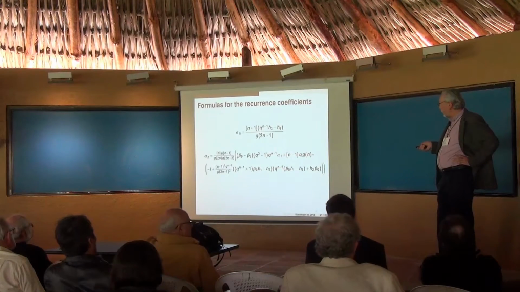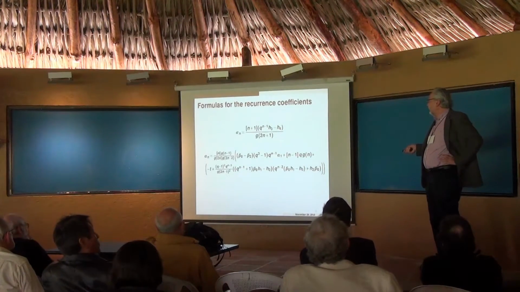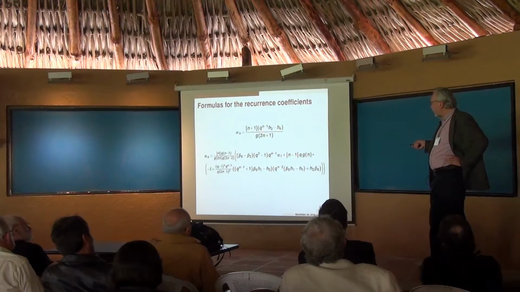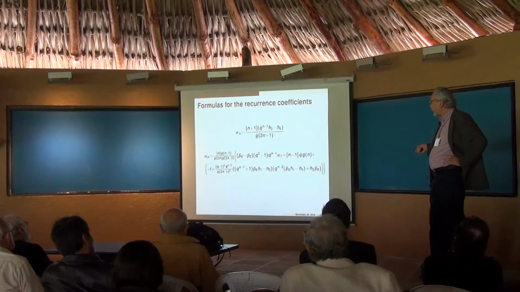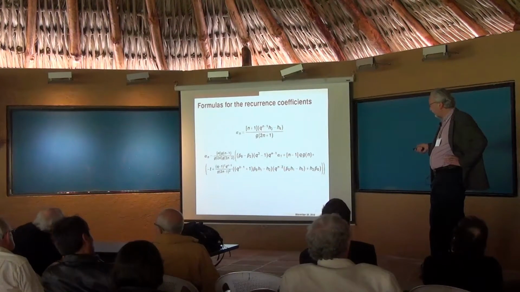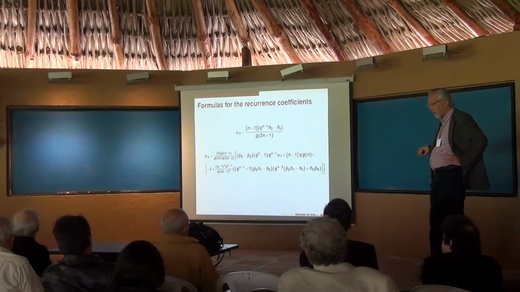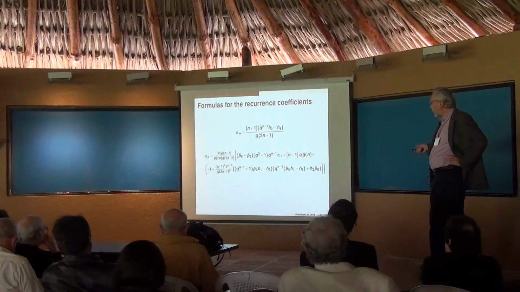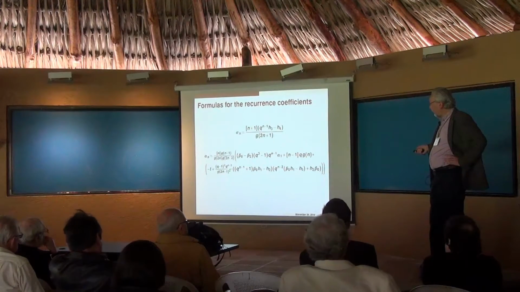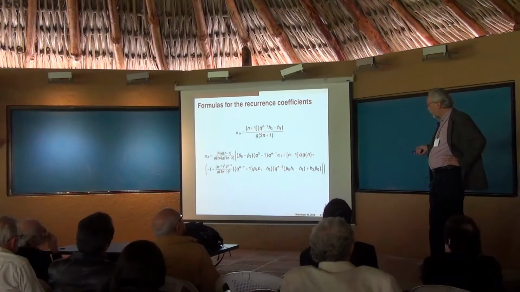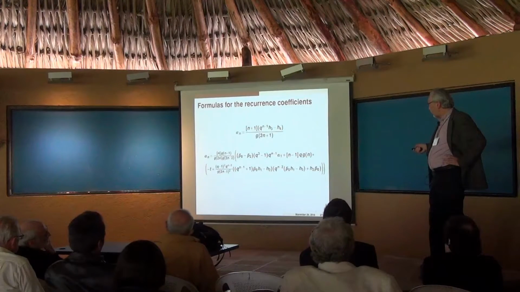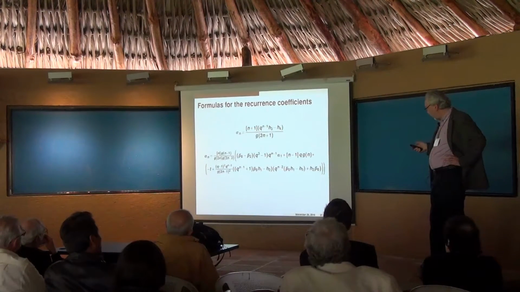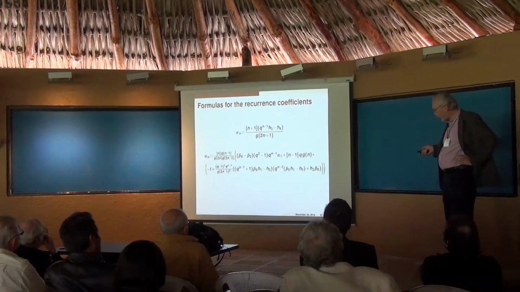So I decided to look for a change in the description of these two functions. They are rational functions of q to the n. So I decided, well, let's try to find the factorization of numerator and denominator. For the denominator of the alphas, it is not difficult to find the general formula as a polynomial in q to the n. For the numerator, it was more difficult, but using Maple, it was possible to do it.